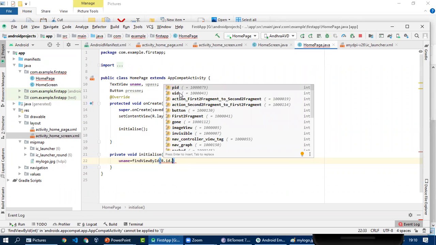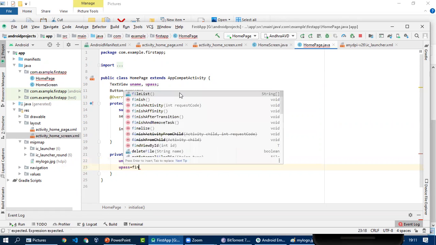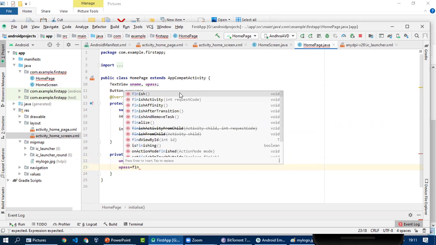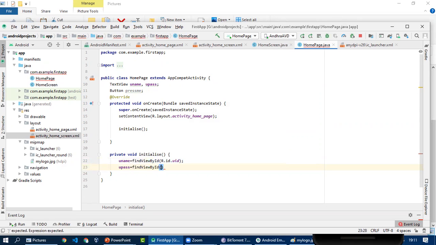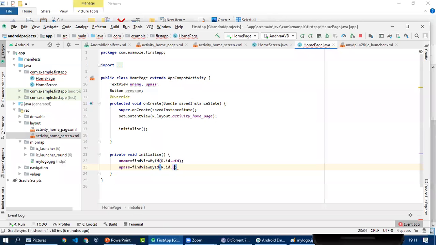I use the UID. Okay, and you pass findViewById, R.id., you pass PID.